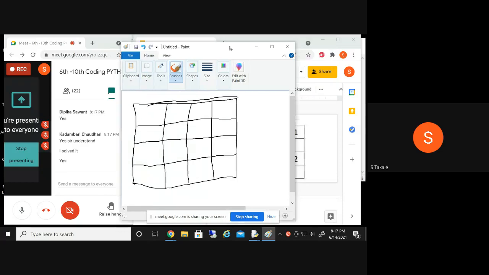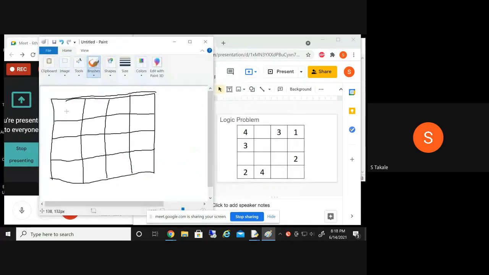So we'll solve this problem. Shlok, I'll copy this problem here as it is. 3 and 1, 3, here 2, 4, and here is a 2. So